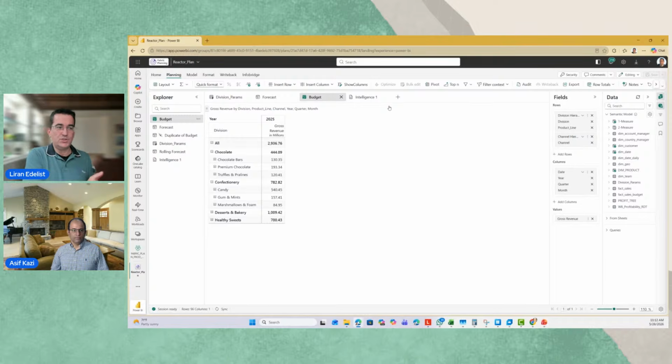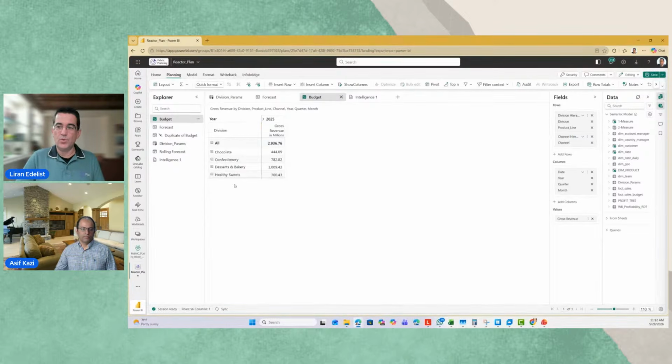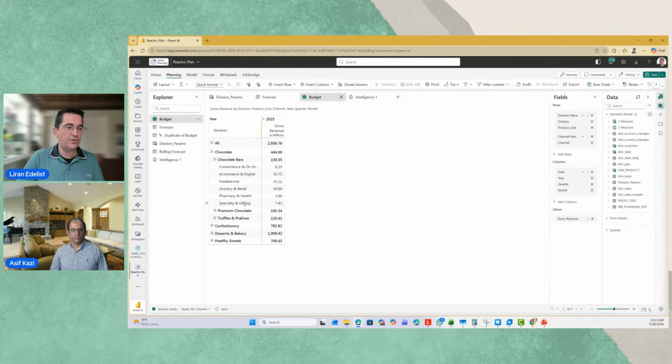What I did just a few moments before we started was create the new plan item, and I selected my demo semantic model. All the data we're showing is generated by AI, so nothing is customer or confidential data. My data comes from my semantic layer, and I decided to look at the view of my company. My company sells different types of suites. We have four divisions, every division has some product lines, and below the product line I have my different customer channels. Those are literally the fields I selected from my semantic model.